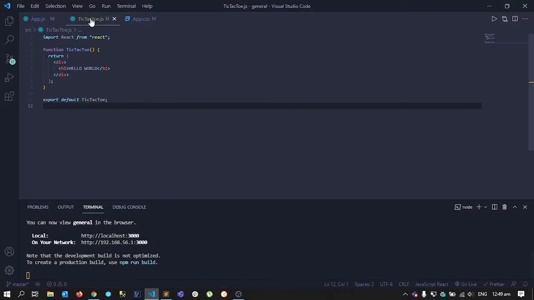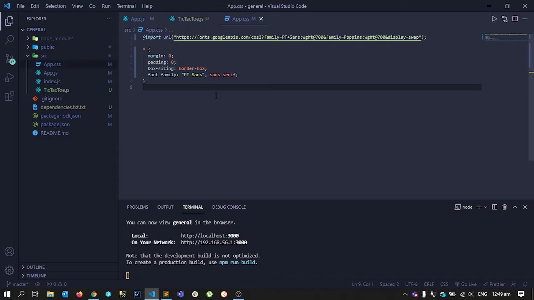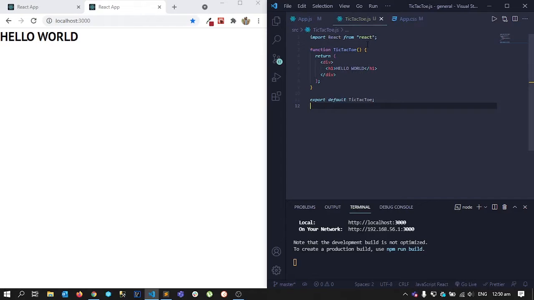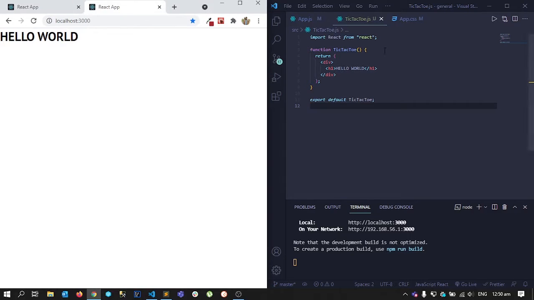At this moment I have only two files. One is app.js and another one is TicTacToe.js, in which we'll be building our game. And I have some basic CSS, that is margin, padding 0, border-box, and font family. So first off, let's create the grid that we have here, this one. Okay, so for that, what I have is